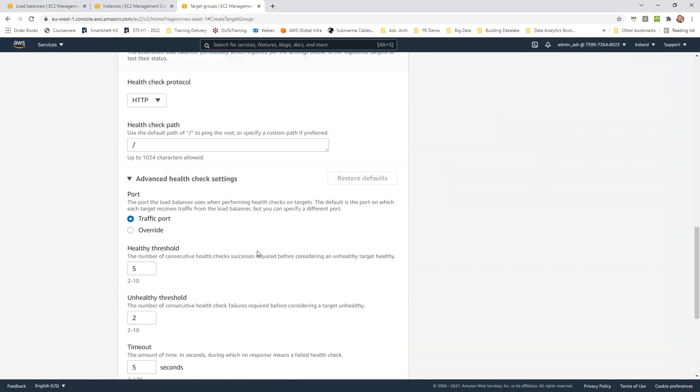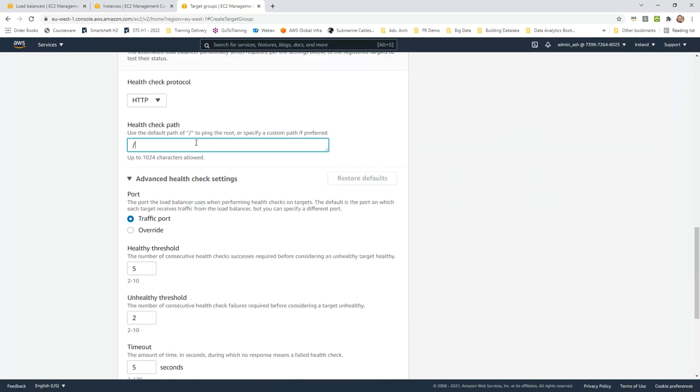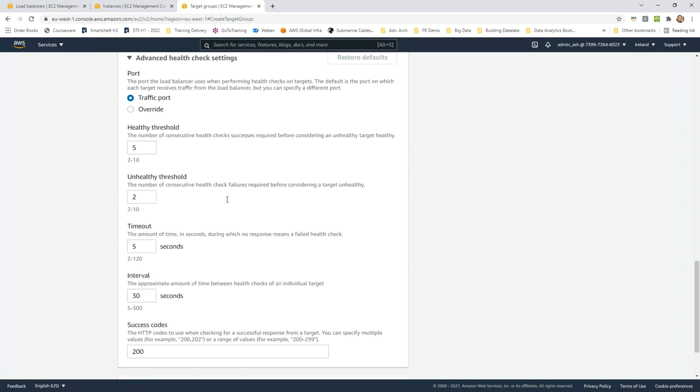Health check will ensure whether my application is healthy or not. The idea is we are trying to access either a page, you may say index.html, or just the root page, and that would respond back with a 200 code. That would be considered a success. If it is responding with another code, I would call it not successful. 404, 503, those will all be considered unsuccessful requests.